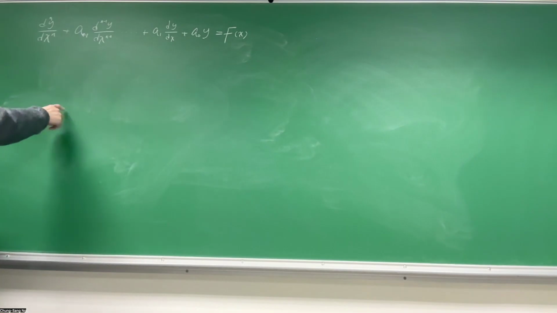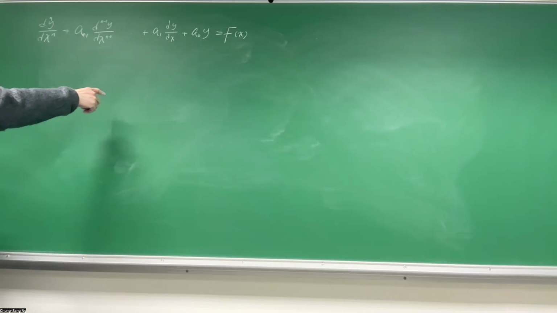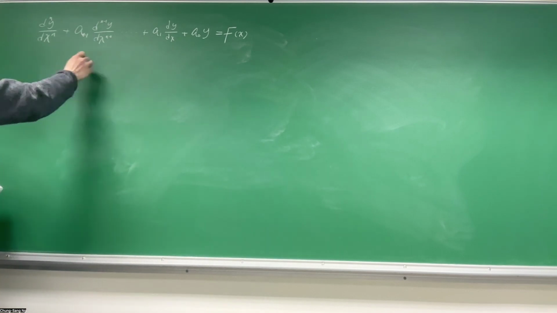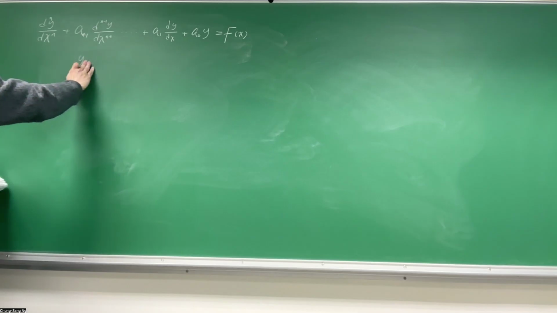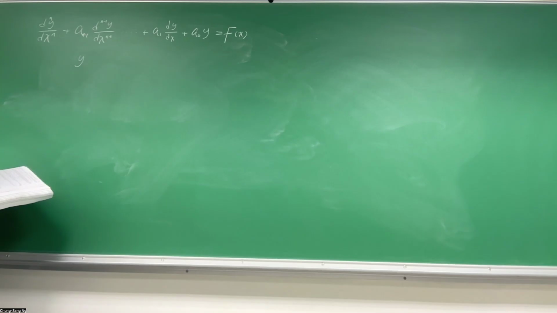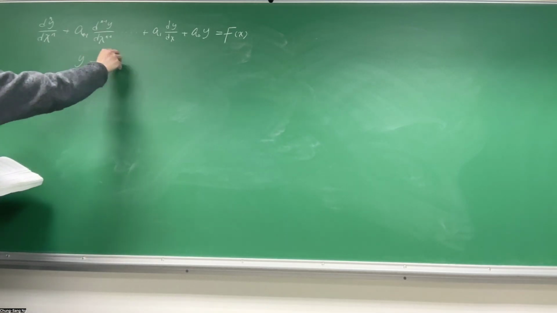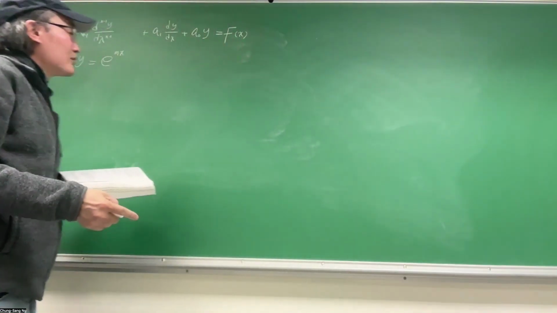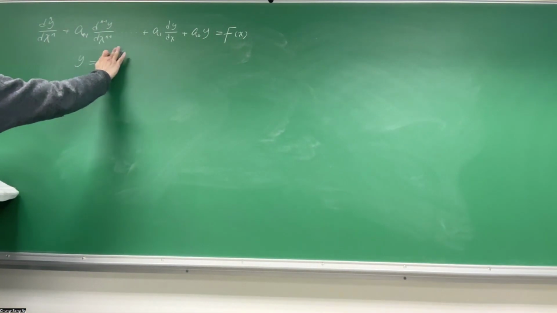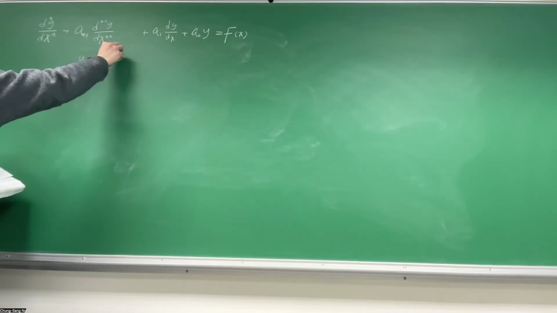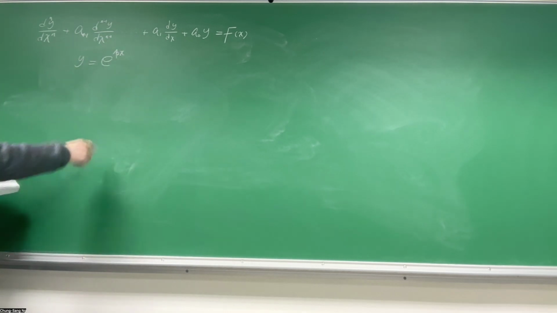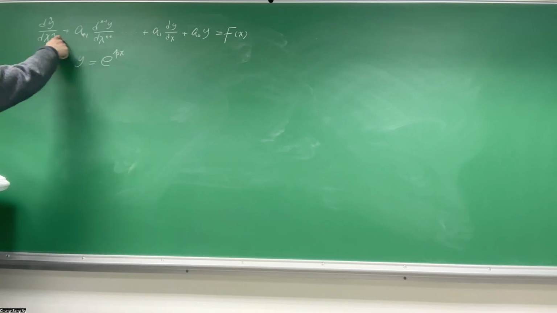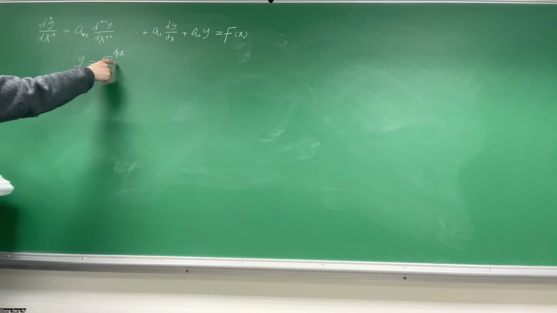So the solution is just by guessing. For this constant coefficient equation, one simple guess is something proportional to an exponential function. Say the textbook has e to the mx. I don't like this notation. m is not an integer, but when you write it, m usually looks like an integer. m doesn't have to be an integer. Why don't we just change it? You can change it to something that is more obviously real, or even complex. Right, this is p. We'll see why it can sometimes be complex